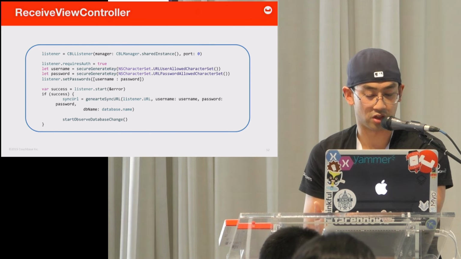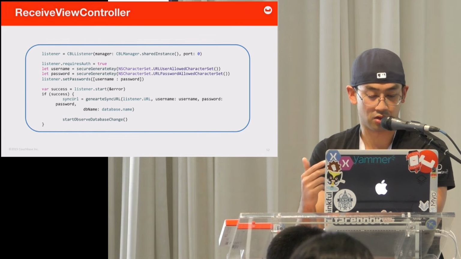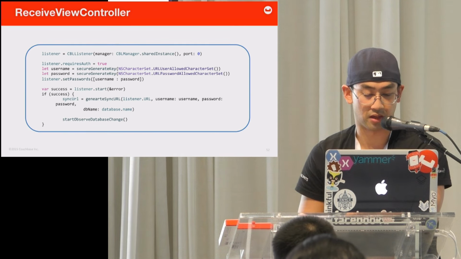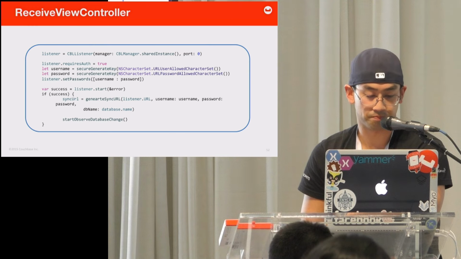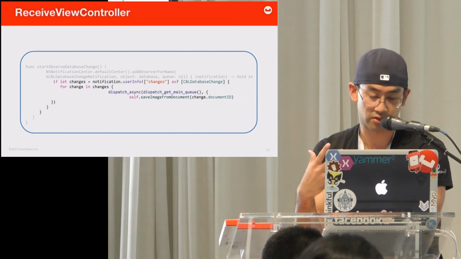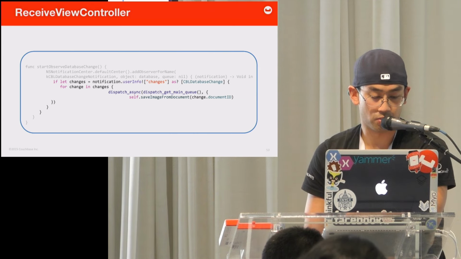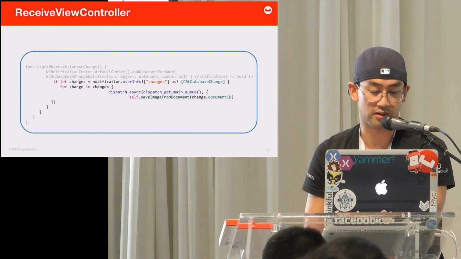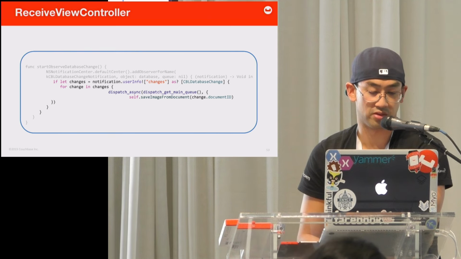So once the listener is started, we generate the sync URL of the URL endpoint, right? So between these 2 devices, there's an endpoint. It's to each other, to the receiver database. So we're basically using the listener.url here, and providing a username and password parameter, and of course the database. So that's on the receiver controller. We start the database listener so that we know that when the photo gets synced to the receiver database here, when that happens, we get the shared photos from the shared document, and basically accept it into the device. So this is what happens on the receiver controller.